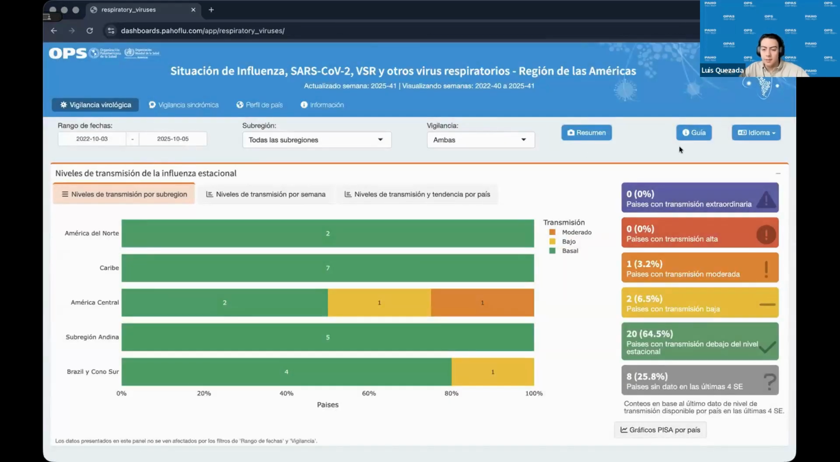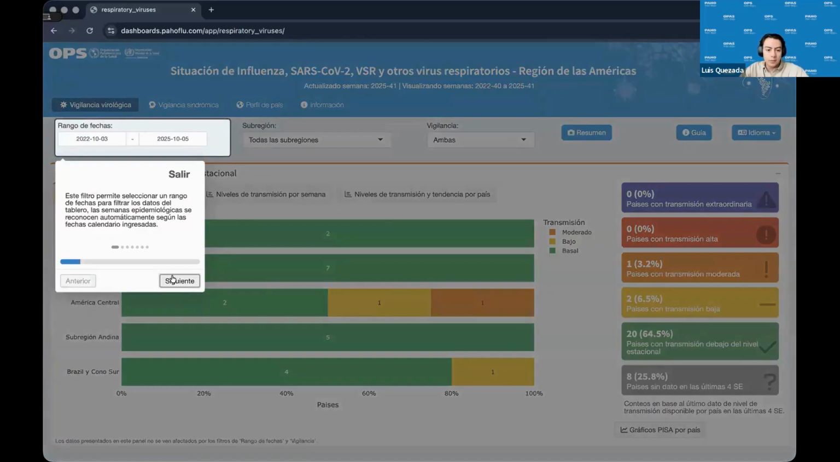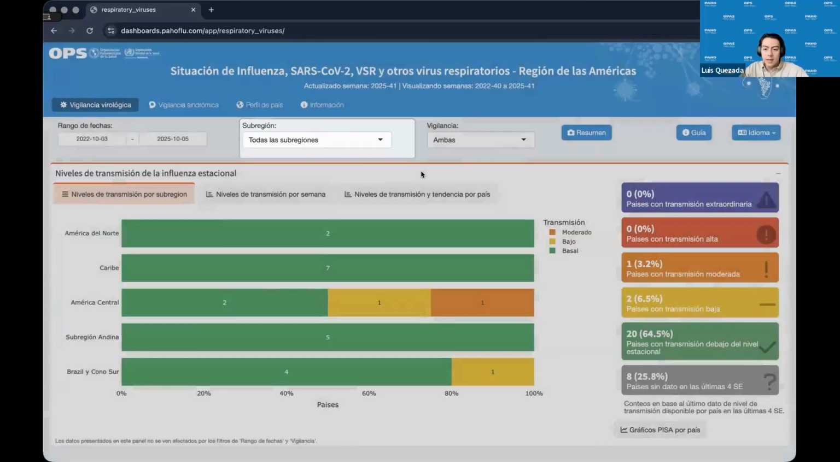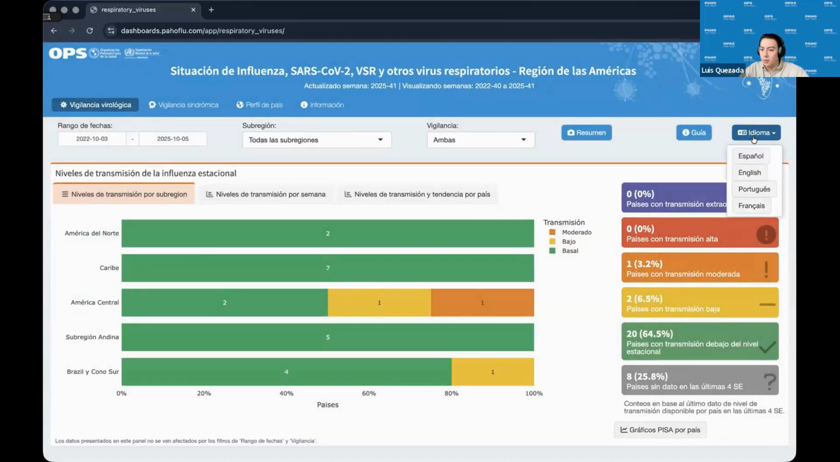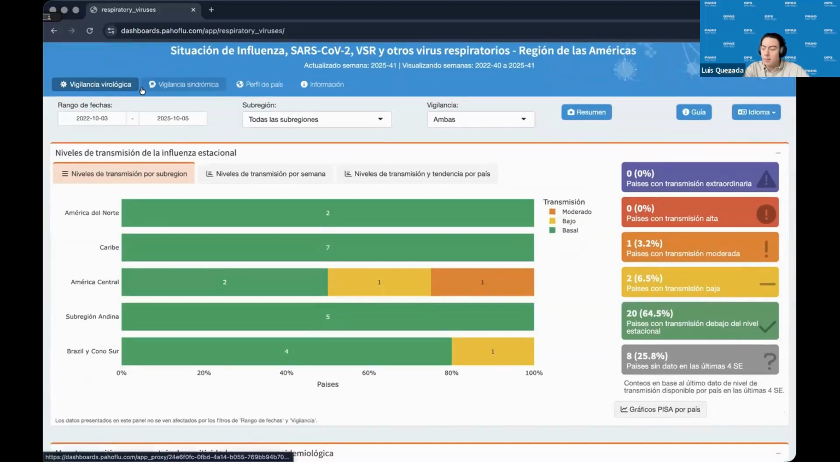Next, if you need help navigating the dashboard, you can use the help. And the dashboard is available in 4 languages. You can click here, and all the visuals will be correspondingly adjusted. Now let's look at the virological surveillance